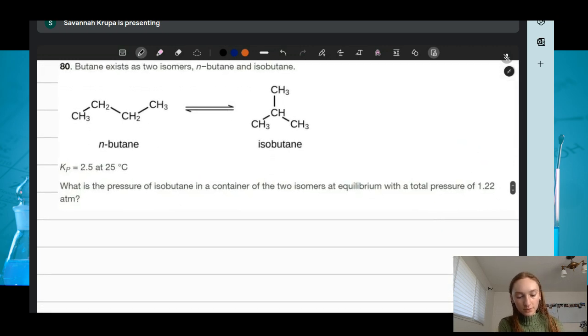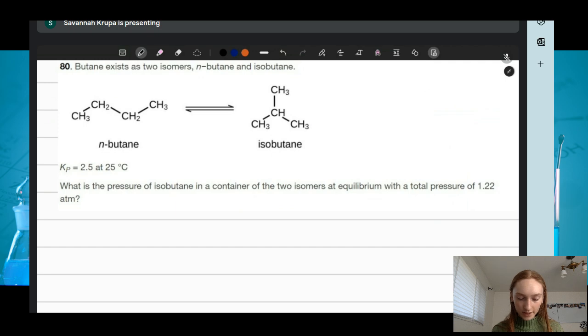This one says butane exists, this is problem 80. And it says butane exists as 2 isomers, N-butane and isobutane. So it gives us the Kp constant, and it's asking for the pressure of isobutane, so this one right here, in a container of the 2 isomers. So the 2 isomers is going to be the N-butane and the isobutane at equilibrium with a total pressure of 1.22 atmospheres. So this problem is a little bit different because it doesn't give us the direct